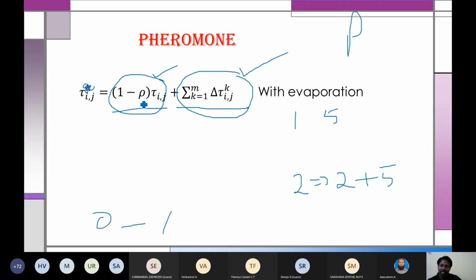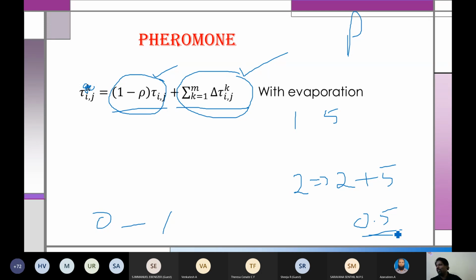If I take rho as 1, it is understood that whatever was deposited in the previous iteration has evaporated. Now again it will secrete, and this process will go on. So it will take more time to converge, but there are a lot of search options. So 0 is the minimum and 1 is the maximum, but normally we take some value like 0.5 for rho. That means half of the pheromone is evaporated.